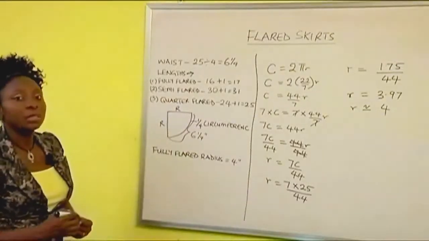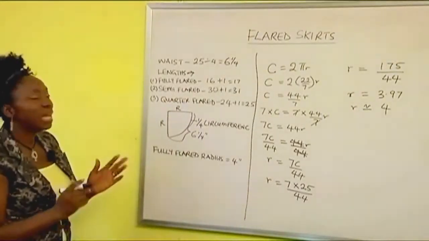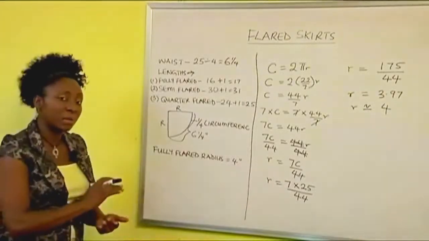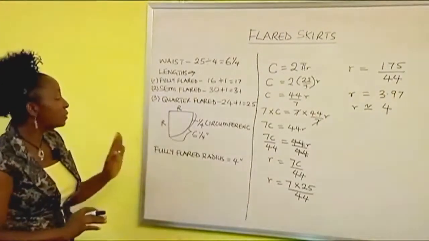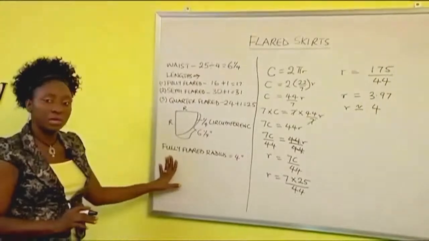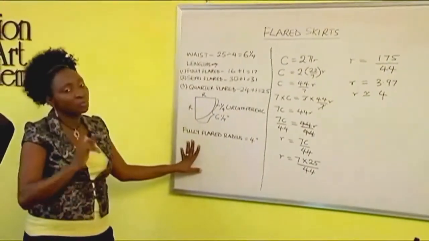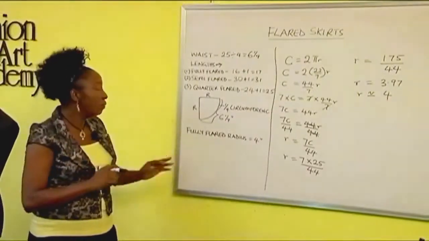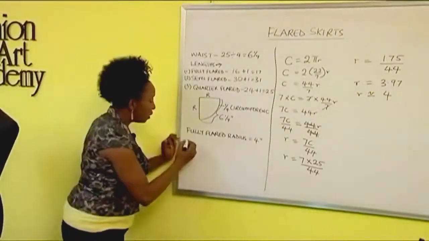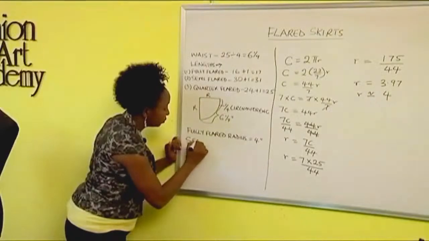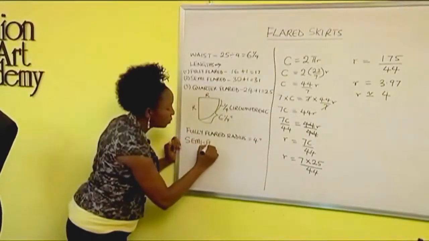That's for our fully flared radius. Now, for any type of skirt you're planning to make, whether it's a semi-flared or a quarter flare, we have to start by getting our fully flared radius, because without this, we would not be able to calculate the radius for the other types of skirts. So, for our semi-flared radius,